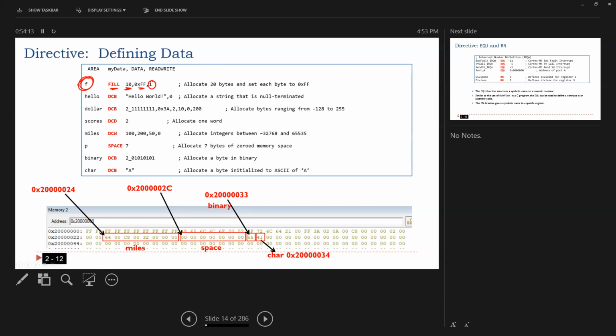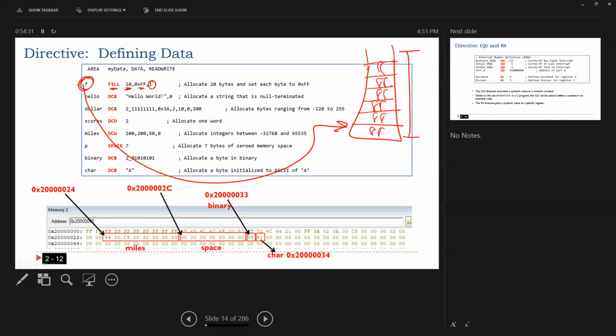So if you do this one, and that's what you are going to do tomorrow, what you are going to see is 10 locations. Every one is a byte, and the initial value is F for 10 locations. And F is going to point at the first location. Okay, guys. So this one is similar to